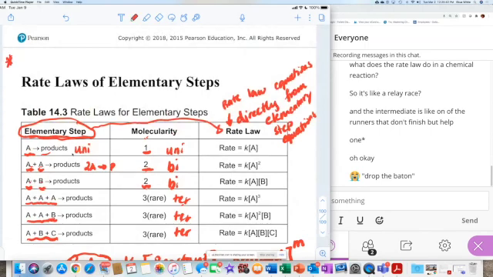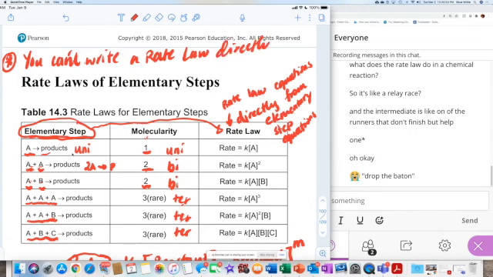This was stated before: you can't write a rate law directly from an overall reaction. So after making that statement, why am I now writing a rate law